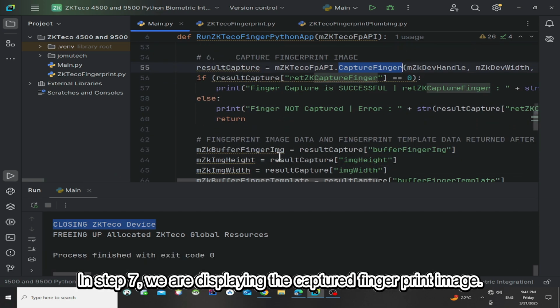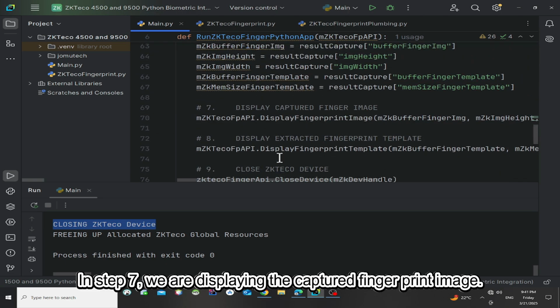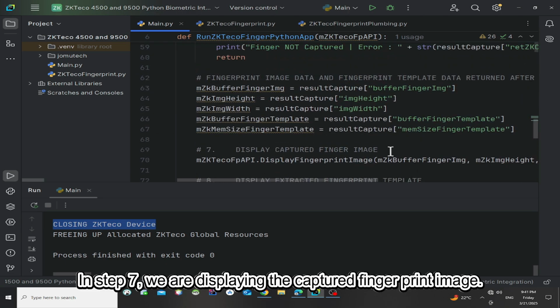Then step 7 is where we are displaying the captured fingerprint image.